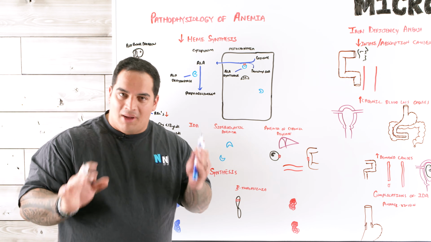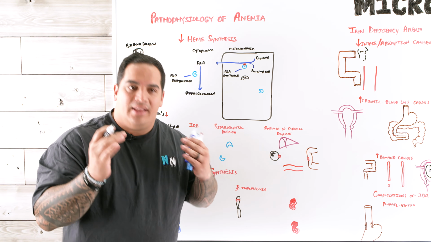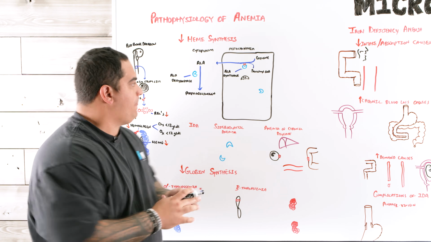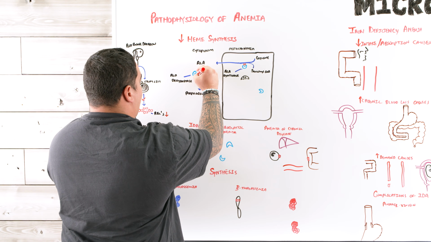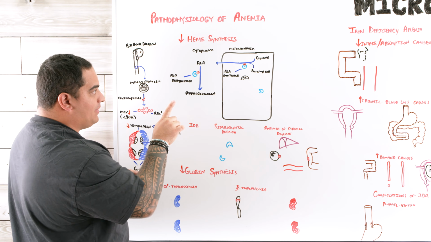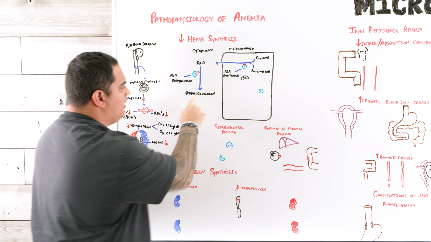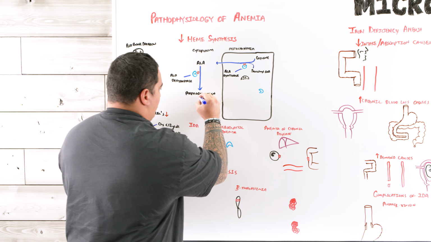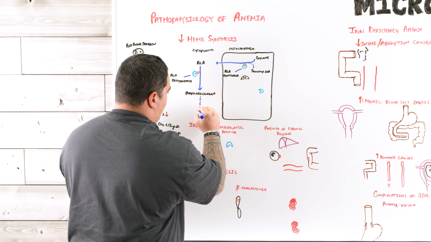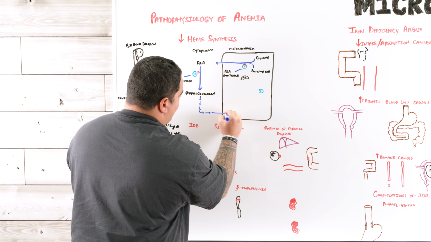I promise it'll come in handy when we think about how these different types of anemias come into play. Now this is going to help stimulate this step, so it's going to help drive this step. What happens is, porphobilinogen goes through a bunch of other intermediate steps that we don't really need to know. I'll use a bunch of different arrows, but then eventually it gets taken back